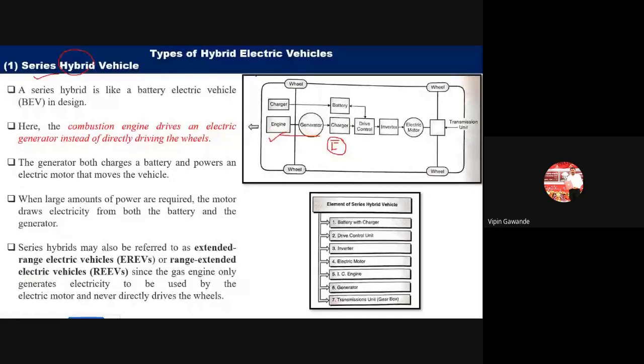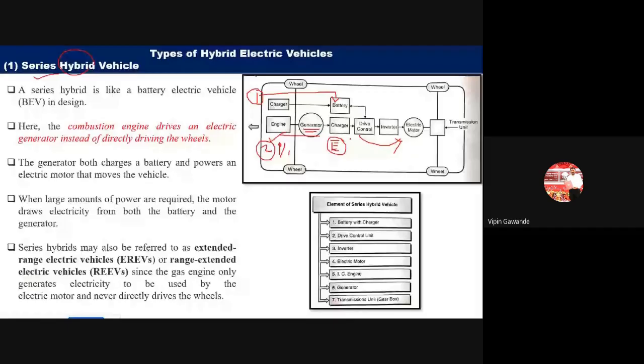Generating the electricity, and that electricity is stored in the battery, and then it is connected with the electric motor. Here we are using two sources. Which two sources? First is the electric current that is stored in the battery. Then the second source is the engine. The engine is running using petrol or diesel, and the rotation of this engine is converted into electricity using the generator. Then that electricity generated from this engine is again transferred to the electric motor. So this is the electric motor only which is used for running of the vehicle.